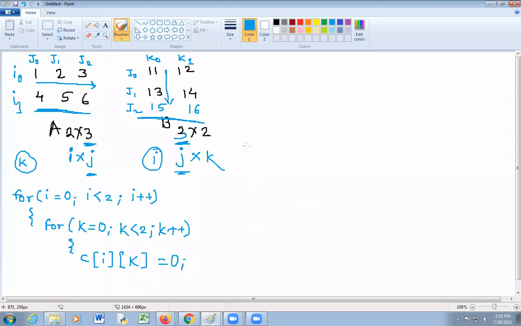Then I am taking code here for j equal to 0, j less than 3, j plus plus.